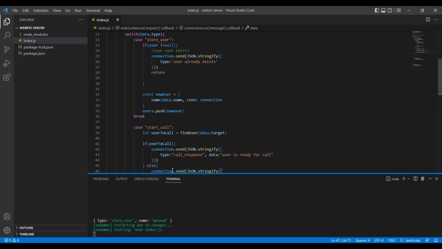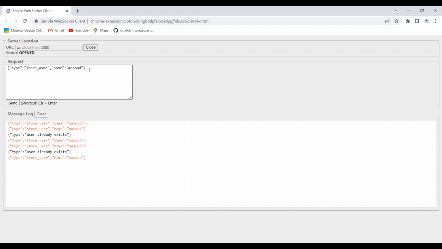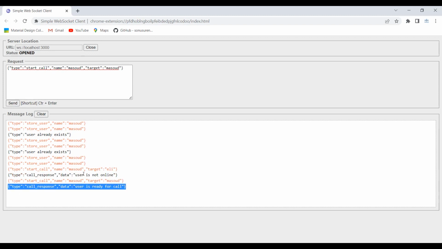So let's test this one. I'm going to open it again. We need to store the user first, and after that I want to use this start call command, and the target is going to be the user that we want to call. For example, let's say Ellie. Let's see what the response is. It says user is not online, but if I pass my name Masood, you'll see